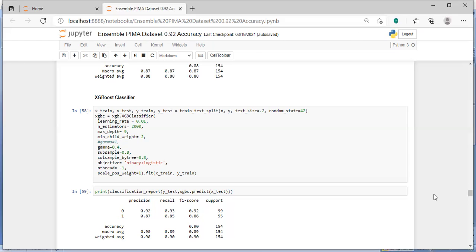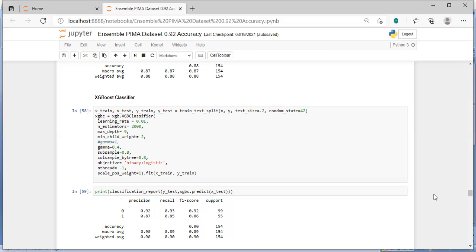Now in this XGBoost classifier, if you check the mathematical formula, it considers the cost function, and at the same time it is adding a term. This term is nothing but the ridge regression term to control overfitting. Then n_estimators is another parameter. This n_estimators is nothing but the number of trees you are going to develop. Max depth, all of you know very well, is just like in the decision tree.